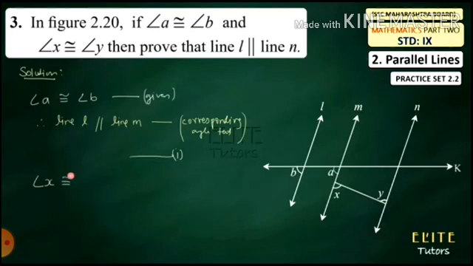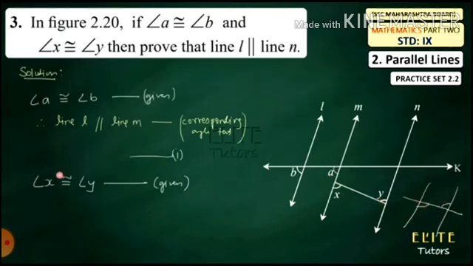Now similarly we can come to our other two angles, X and Y. Angle X is congruent to angle Y, which is also given in the question. So line M and line N are parallel to each other. Here two lines are parallel, K is a transversal. X and Y are congruent to each other, which is given, and M and N are parallel and K is a transversal. So similarly we can write like this: M and N are parallel and X and Y are congruent.